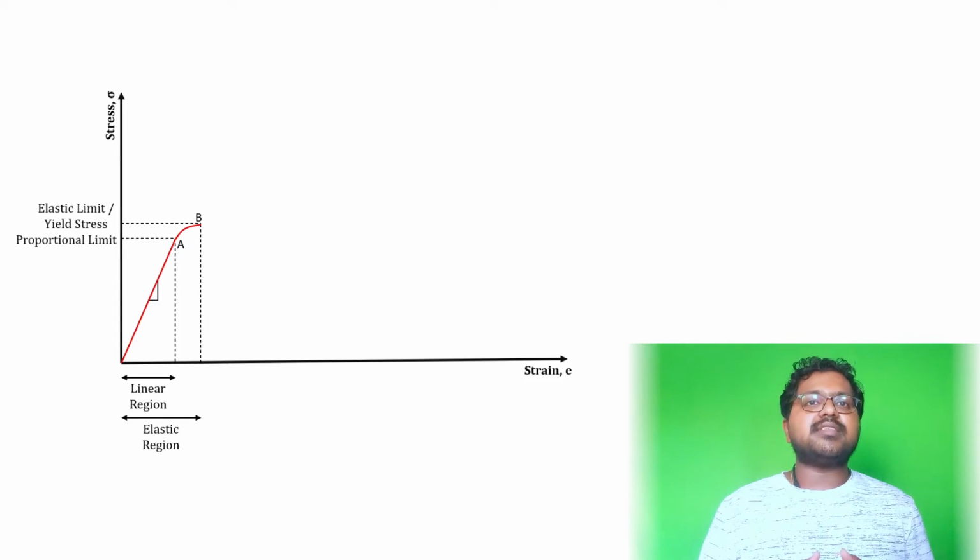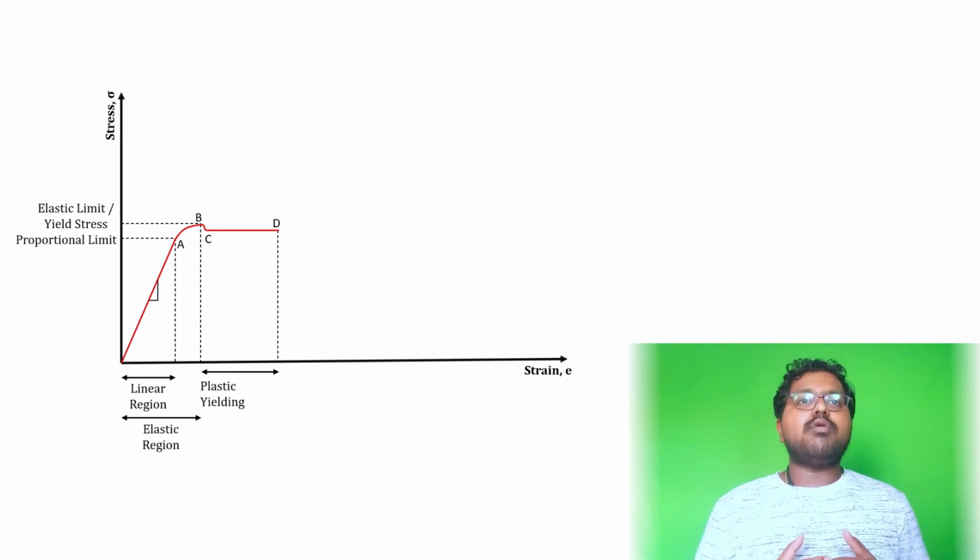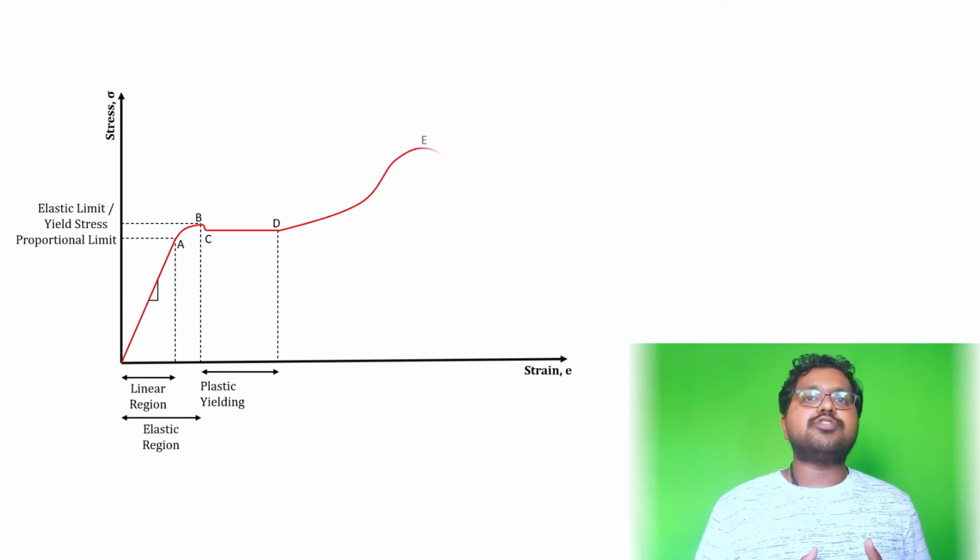With the further increase in the load from B, yielding takes place in the member. So the point immediately next to B, which almost coincides with B, will be taken as the yield stress point. From B, the curve suddenly drops to C and goes on continuously up to point D without any further increase in the stress. This region is termed the perfectly plastic or plastic yielding region. There is no noticeable increase in stress in this region, which means it can be deformed without any increase in the load. If the load is further increased, the steel begins to strain harden.